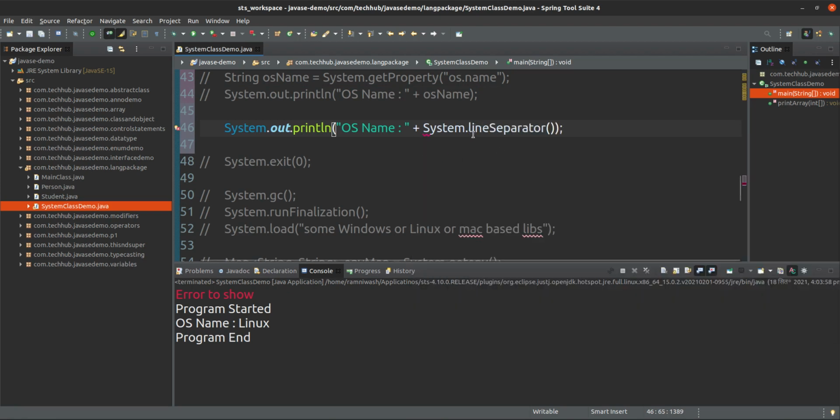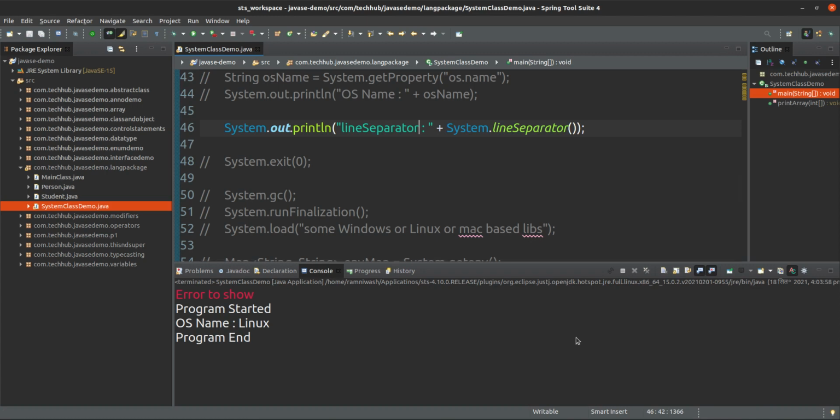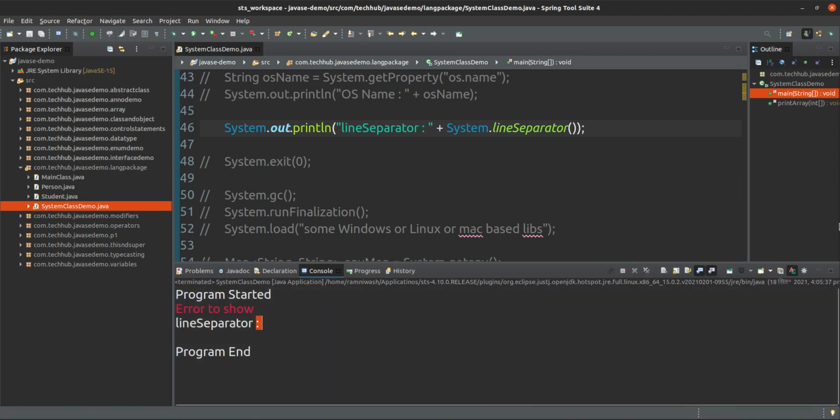You can use it like that. It is not used much now, but if you want to, you can use it. This gives a line separator. If you want to separate lines, different operating systems use different symbols; in the Linux operating system they use this symbol.